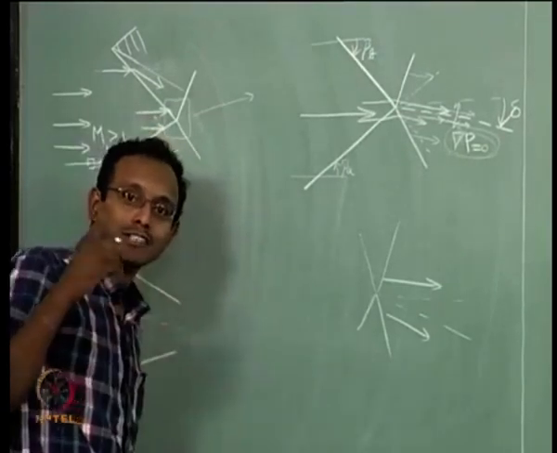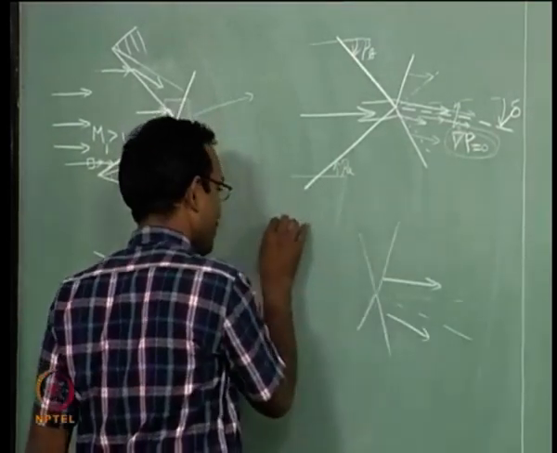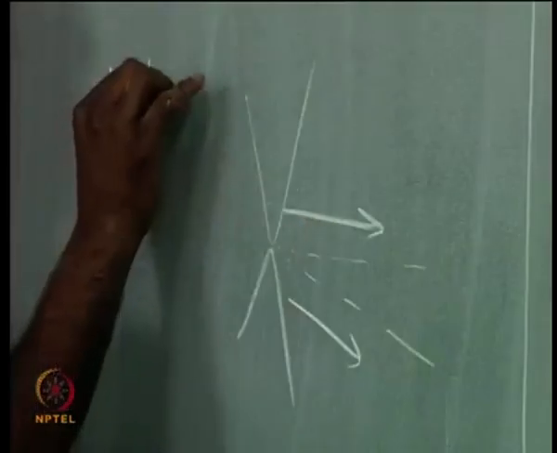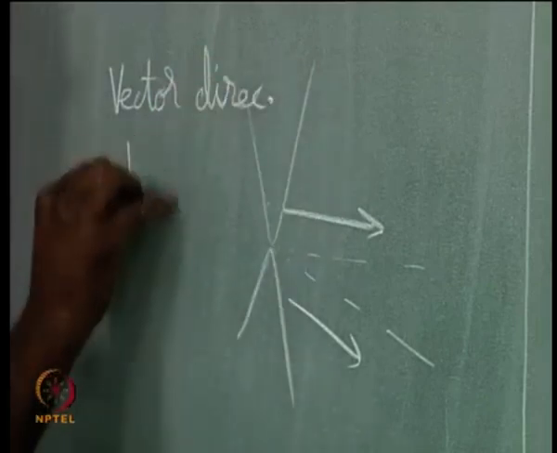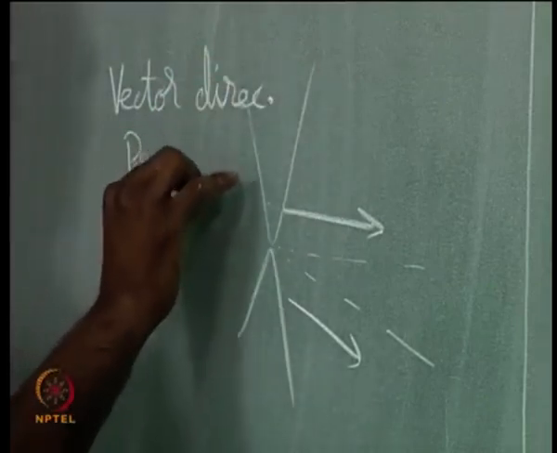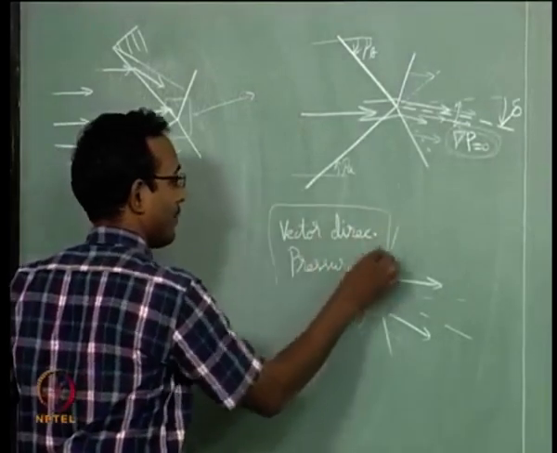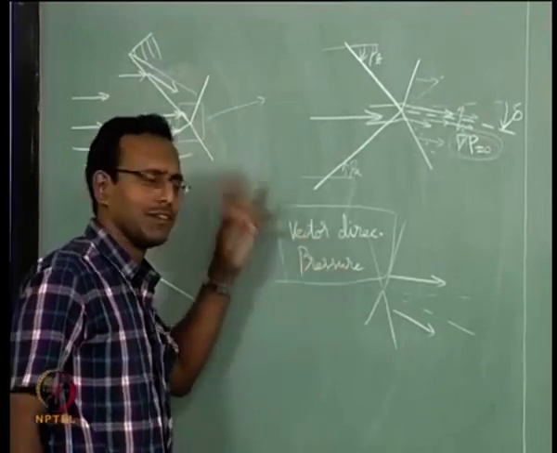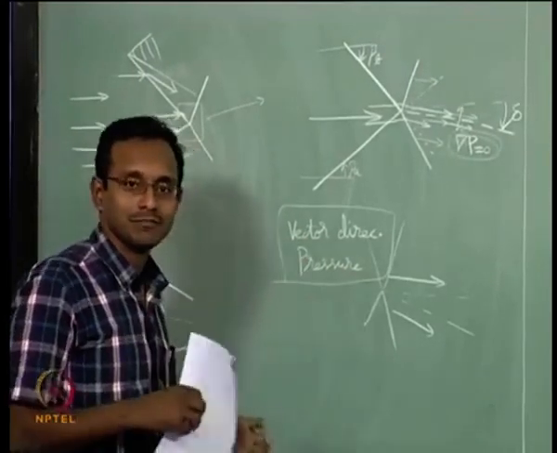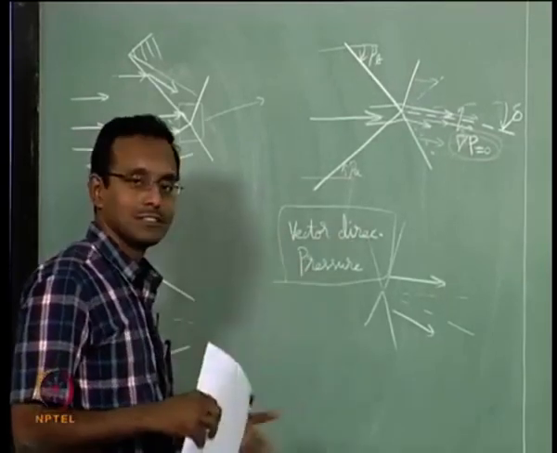We will keep on coming back to these two conditions in gas dynamics. Typically in supersonic flows, we will always talk about vector direction and pressure. These are very important in supersonic flow. We will keep on coming to these two conditions a lot. These are predominantly applied as boundary conditions in your flow. We do not care about vector magnitude really. Whatever be the velocity, I just have to make sure that the direction is fixed. Magnitude will affect the energy in the flow, but we are just talking about this currently.